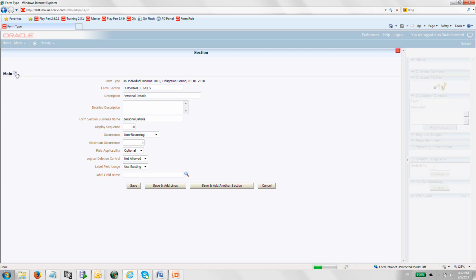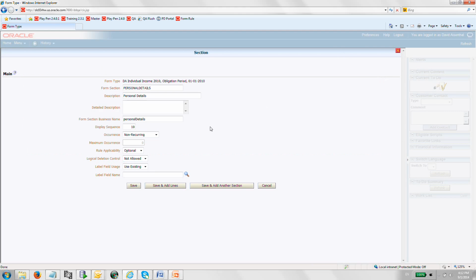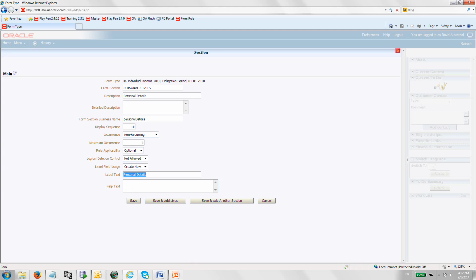All these settings over here have more explanation when you go to the main and the question, clicking on the question mark over here. So I'm not going through everything, but most of the things which are important I will be dealing with. Now I can define what should be my header, my label for this particular section. I can either find an underlying field name in the system, or I can actually create a new one. So I can create a new one if I want, and it will take as a default the description I have over here will be the text for my new